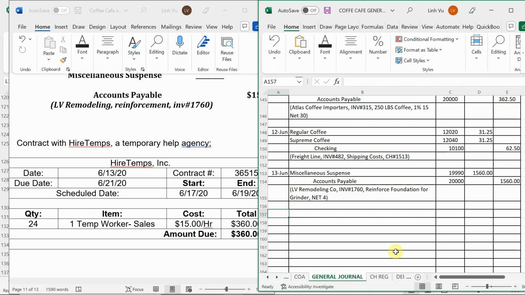No, because then you breach your contract. Hire Temps was supposed to get me somebody to work 3 days, but they only worked 2. So in this case, they would have to either refund you the money or adjust your invoice. So in this case, no, you do not need to record the transaction because one, the event has not occurred yet, or the job has not been completed yet,